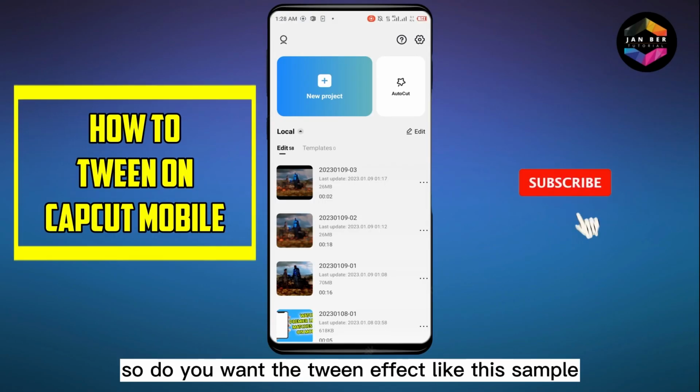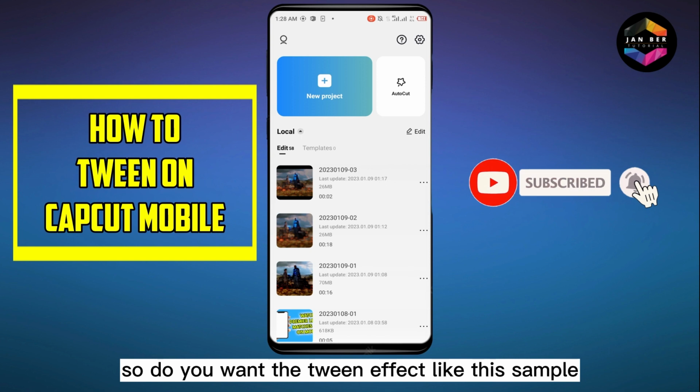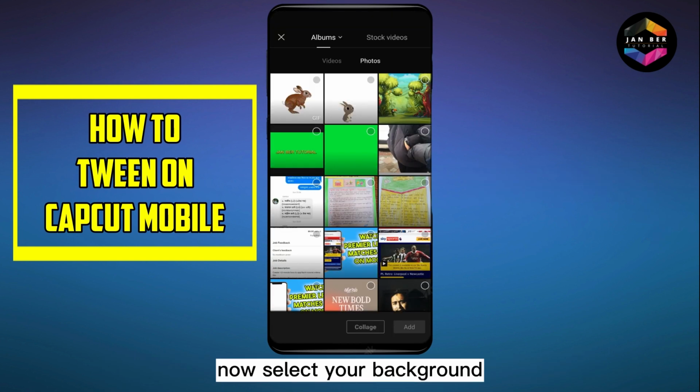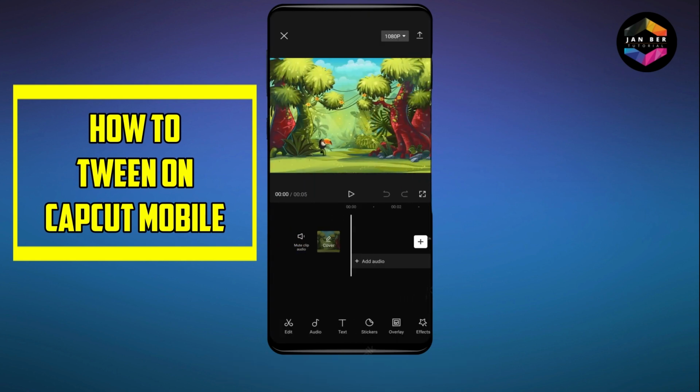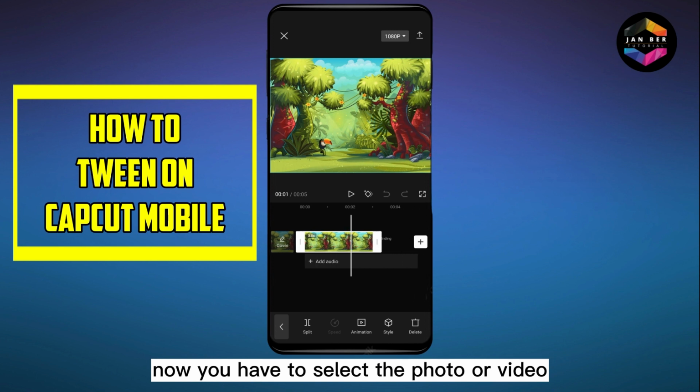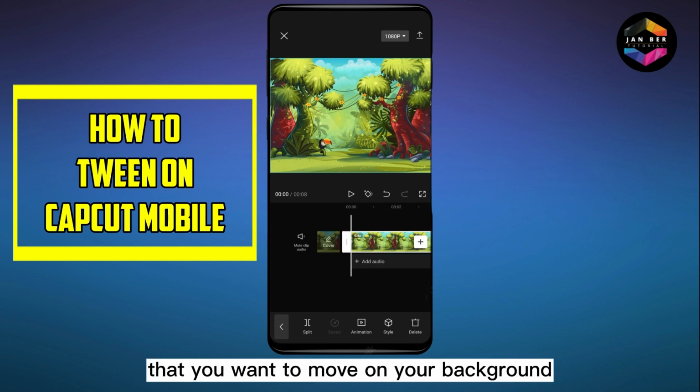Hello everybody, so do you want the tween effect like this sample? So for that you have to go to your CapCut application. Now select your background. Now you have to select the photo or video that you want to move on your